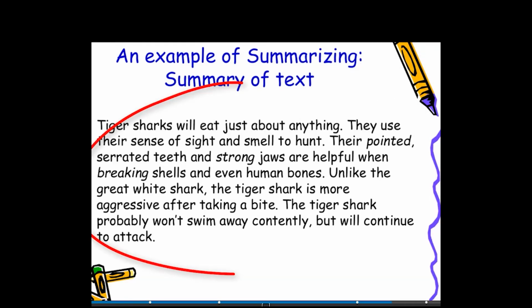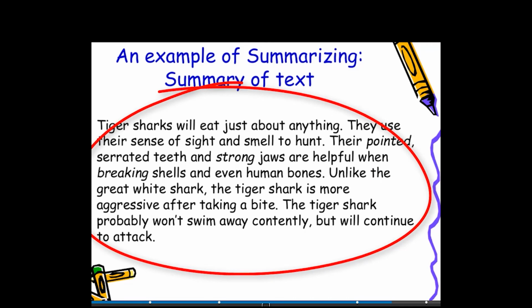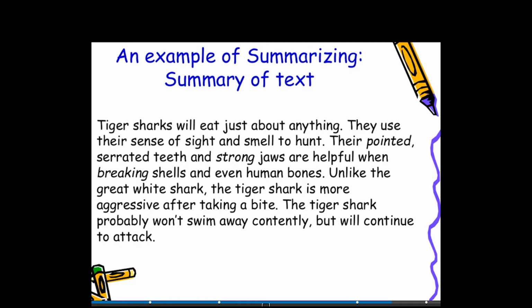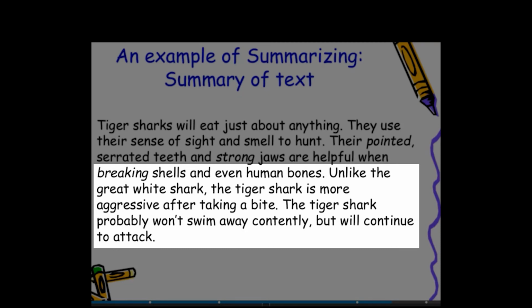And there we have it, right? That's the example, right? So as you can see there, I've summarized the main points in that reading text. So for example, tiger sharks will eat just about anything. They use their sense of sight and smell to hunt. Their pointed, serrated teeth and strong jaws are helpful when breaking shells and even human bones. Unlike the great white shark, the tiger shark is more aggressive after taking a bite. The tiger shark probably won't swim away contentedly, but will continue